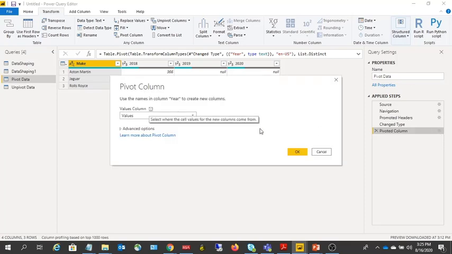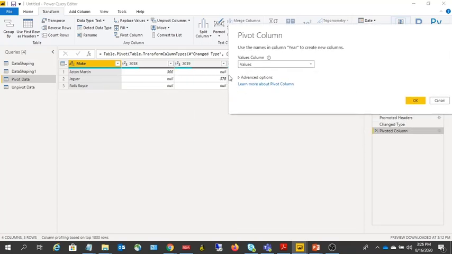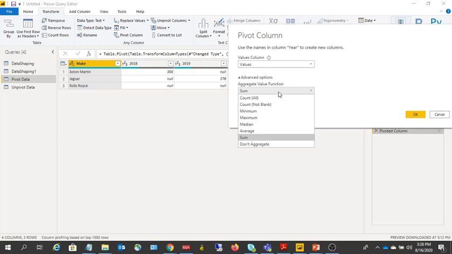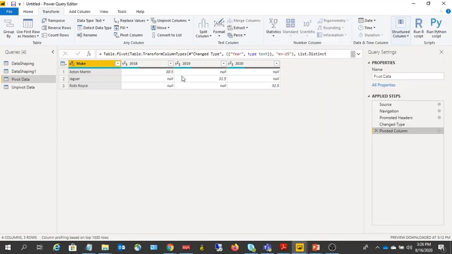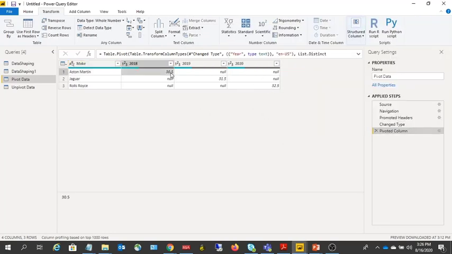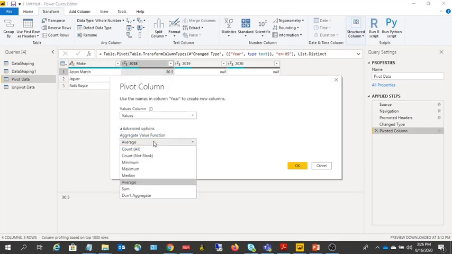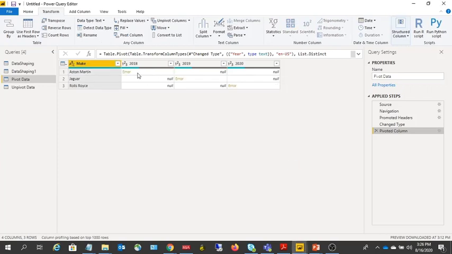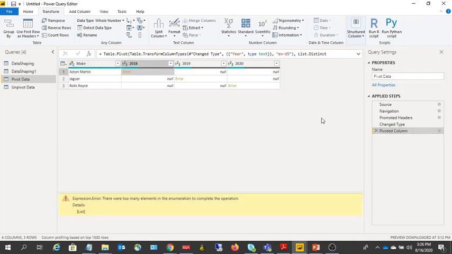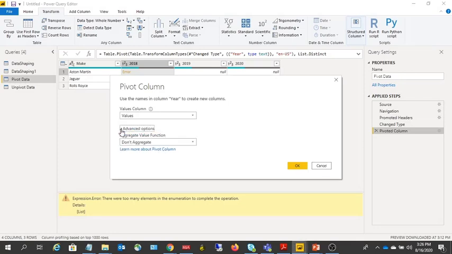Now if you edit this option, what has actually been done here, the values column, it is applied as sum. If you want, you can also apply any other aggregate function here as well. For example, if you apply the average, the value is now displaying as average, right? If you don't want to apply anything, since they're numbers, they apply. If you want, you can also say do not aggregate and you will get the actual value, but right now you're getting the error, right? So that's fine, but you can just change that to something else, maybe sum itself. So that's all.